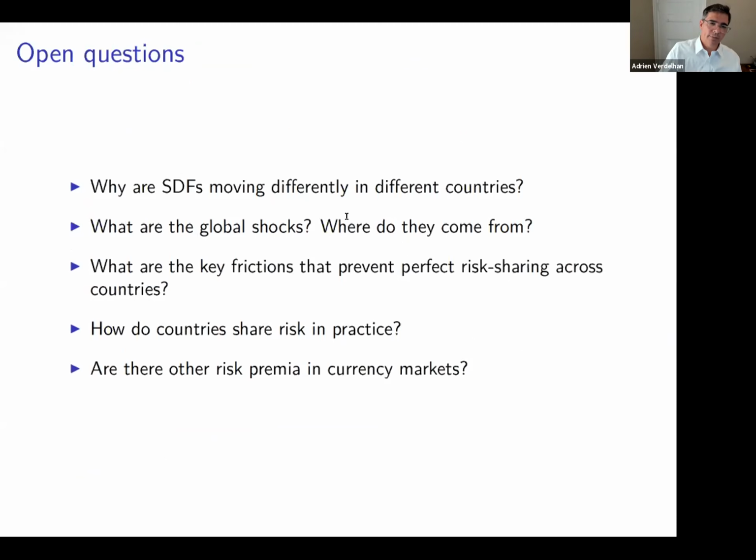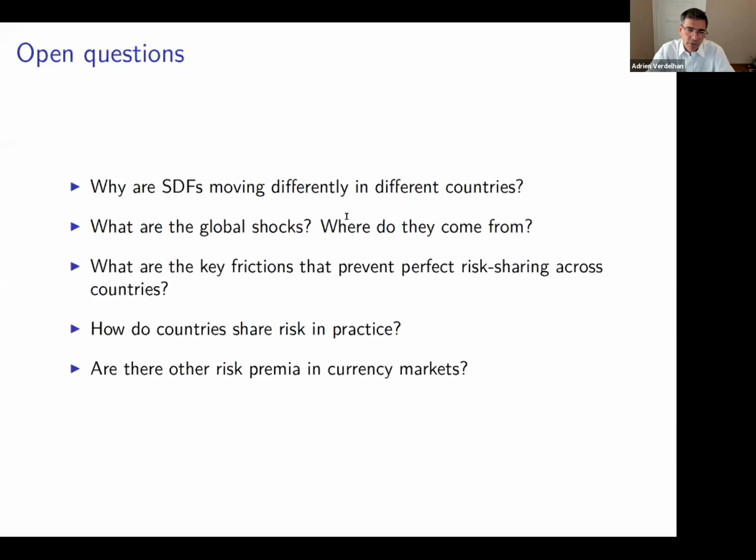Now, if we take this benchmark, we still have very difficult questions to answer, and I don't know the answers to those questions, right? Why are SDFs moving differently in different countries? If you assume that markets are complete, you're saying that there's not much friction on the asset side. But if there's no friction on the goods side either, then the real exchange rate is going to be 1. There's nothing interesting to study. So there must be some interesting friction on the goods side,